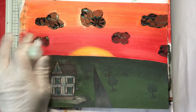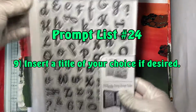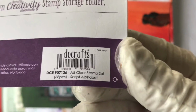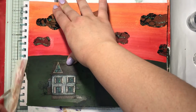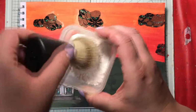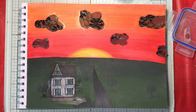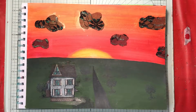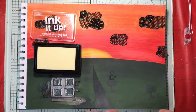So once we've finished with adding the sparkle, we'll move on to prompt number 9, which is to insert a title of your choice if desired. So I've chosen to use this new stamp set that I have, and I'm going to stamp the word escape. So I did decide to do it with some embossing powder. So I'm going to start off with some talcum powder that you can see here, and I'm just going to rub some of that onto the page just so that we've got none of the embossing powder sticking on the excess. And once I've done that, I will then stamp the image with some glue ink,